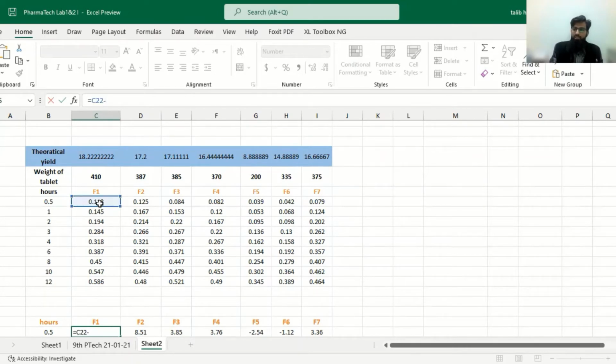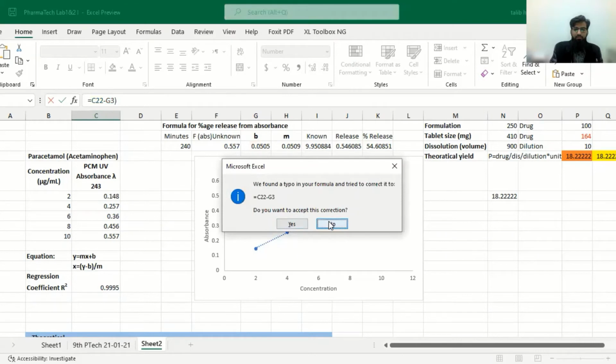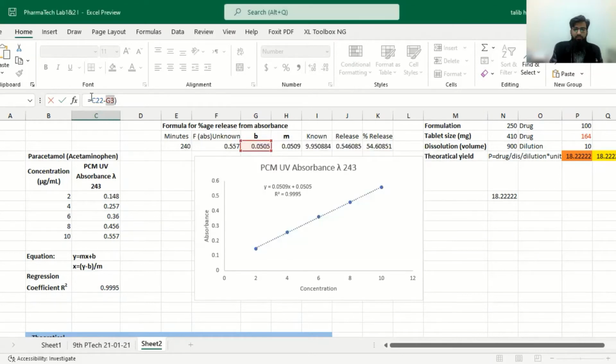And then subtraction, and B. Where is B? We have written here B. It will be enclosed in a bracket. And then we have to divide it with M. Now B and M are present in some specified cells.